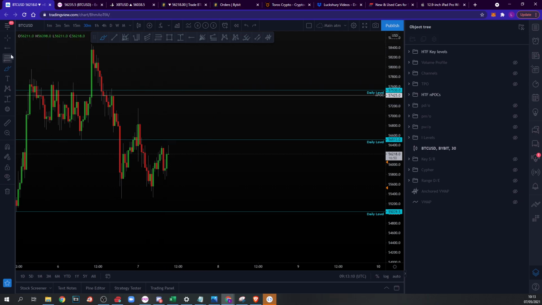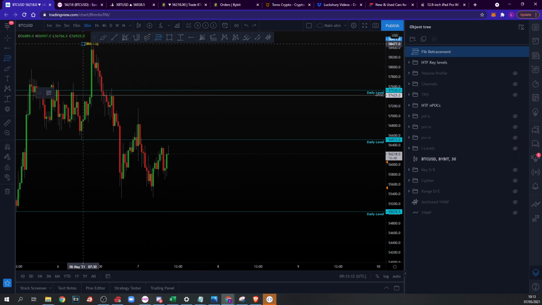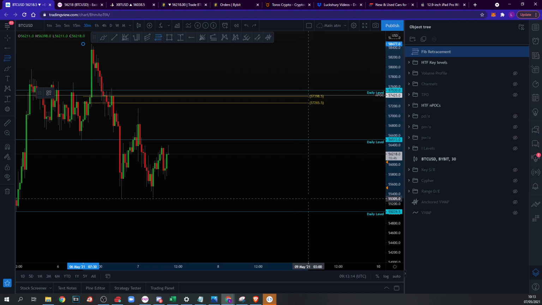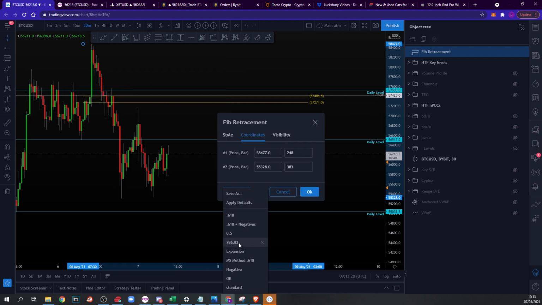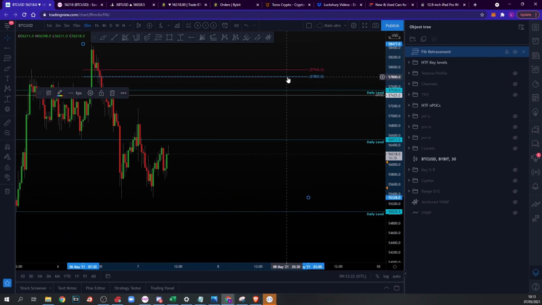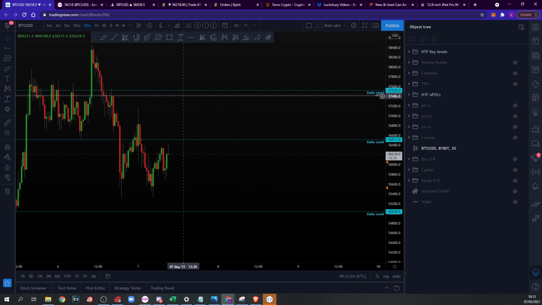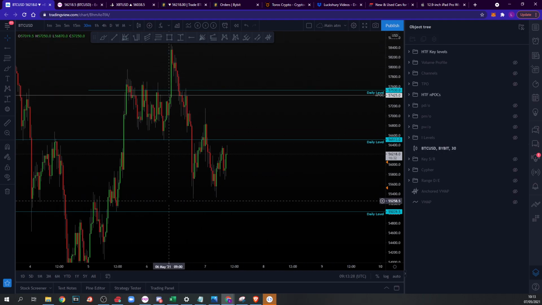It's quite nice, and if we pull a fib from high to low, you have around the 618 here as well, maybe the 786. I'm not too sure, that's all up there, but the 618 is around here, so be aware of that. Everyone was looking for these lows here,